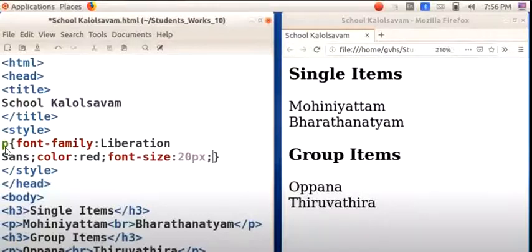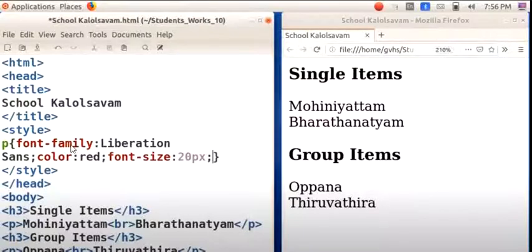First the name of the tag, that is p, then an opening bracket, then different attributes are given: font family, color and font size. Its syntax is first type the font family, then a colon symbol, then the value of that attribute.